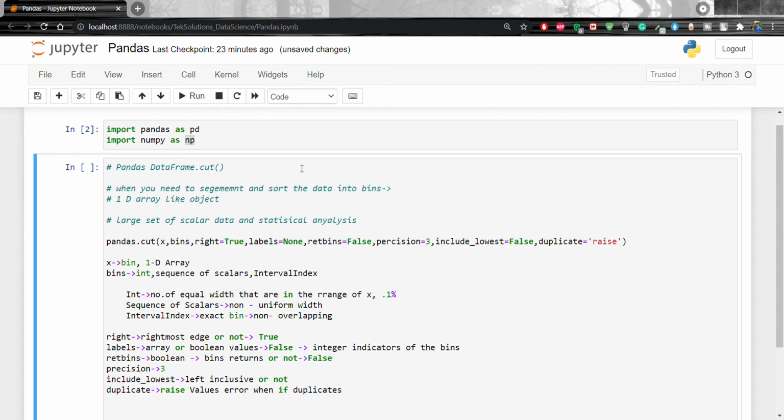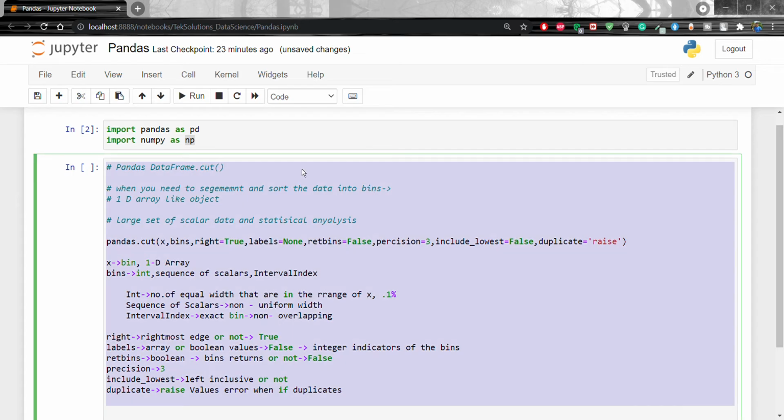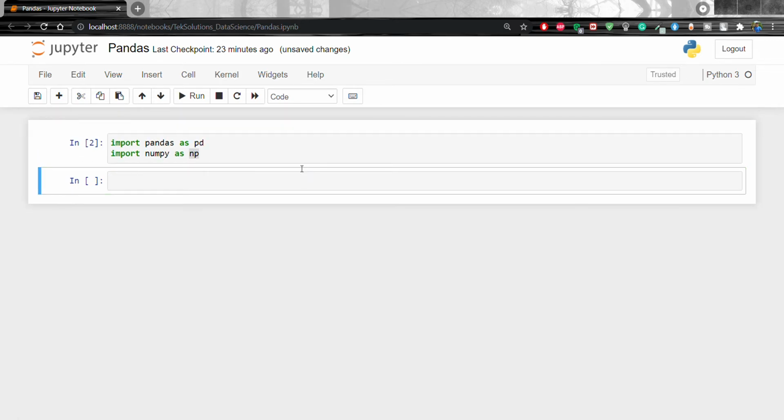So let's go with the example. Let's remove everything here. Before that, let's create one DataFrame, info_num, with pd.DataFrame, and we have to use num as a column name, and the values np.random.randint, between 1 and 50, let's take 11. Before that, let's print info_num.